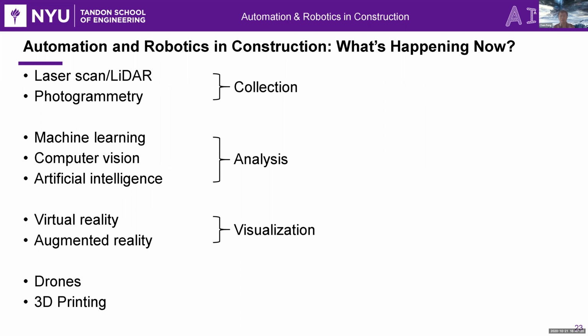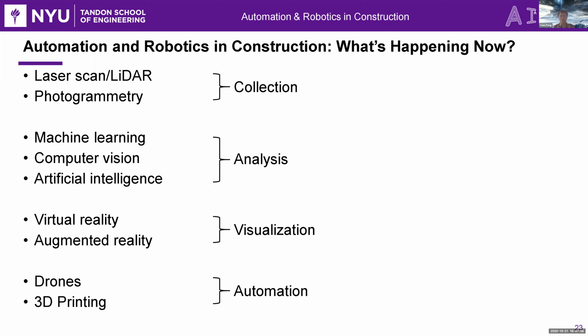And visualization becomes an important tool to connect different parties and different stakeholders. And here, VR and AR are the most important new emerging tools. In the end, the first three categories are more like information. They don't necessarily need to deal with any physical change of the environment. But in order to really address the safety concerns, the safety motivations of this line of research, we need to get